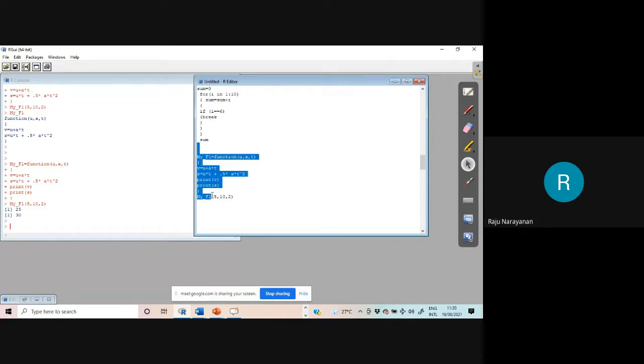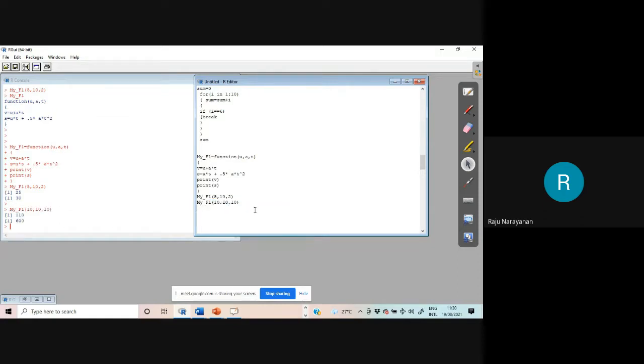Now, if you want to do other things, my f1 bracket 10, 10, 10. Okay, you just select this and run. Yeah, 110, 600.